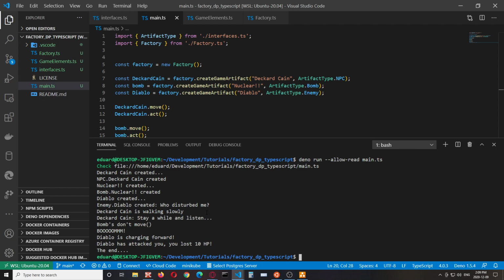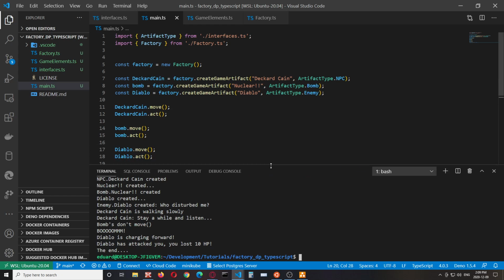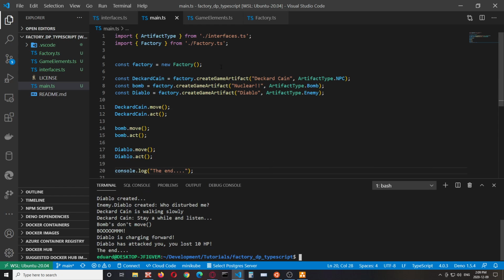So Descartes is walking slowly. Descartes is saying stay a while and listen, and the bomb explodes. Diablo is charging forward. Diablo has attacked you. You lost 10 hit points. Okay, so this is how you use the factory method to concentrate